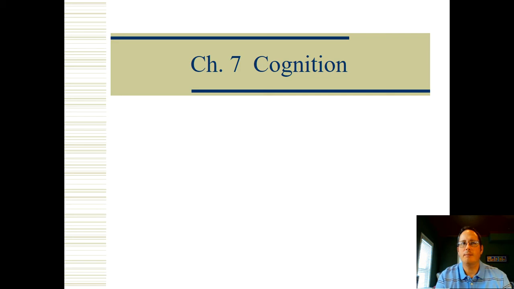When we're talking about cognition, we're really looking at the activity of knowing and the process by which knowledge is acquired and problems are solved. It really goes to the core of us being able to effectively problem solve along the way. We're going to have, I believe, 5 modules in this particular chapter.